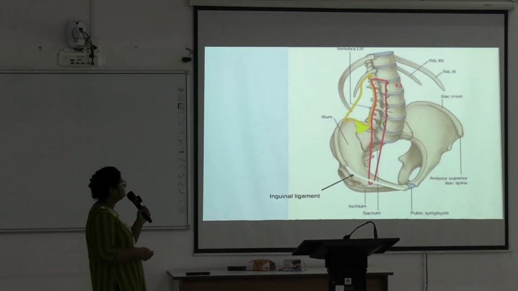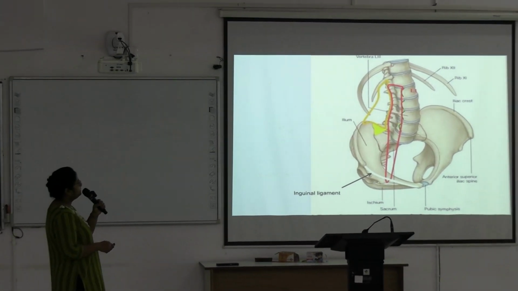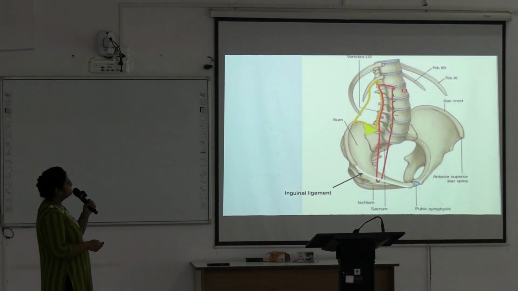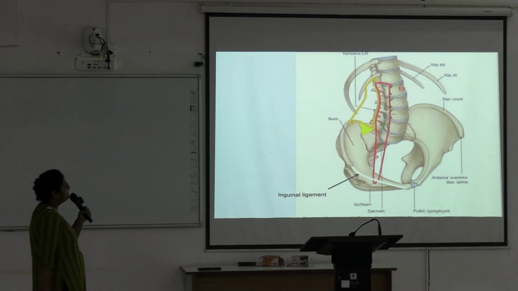Next, so this is quadratus lumborum, this is psoas major, here is the iliac fascia, and here lies the iliacus muscle. Next,